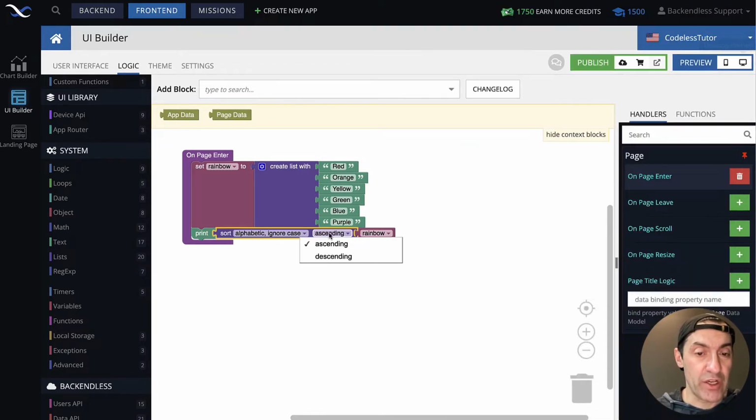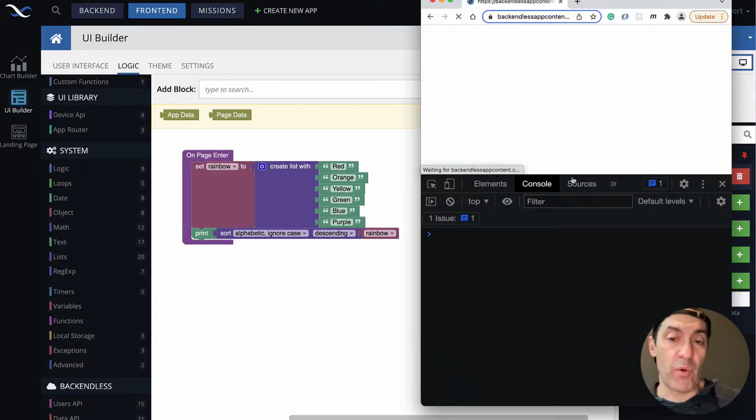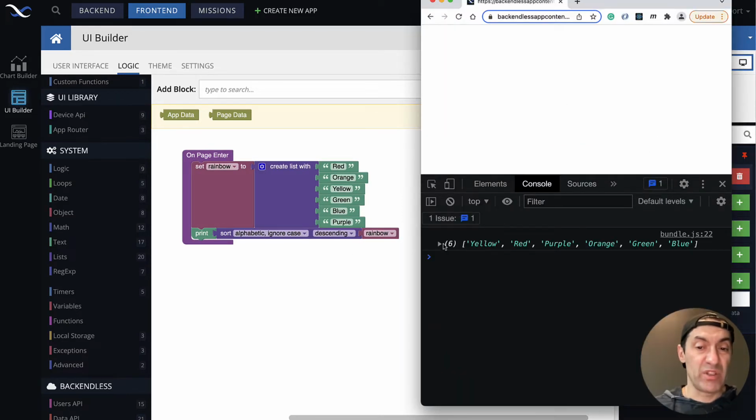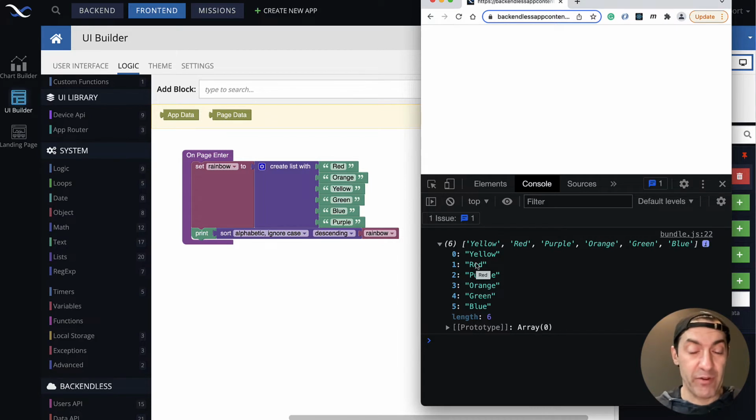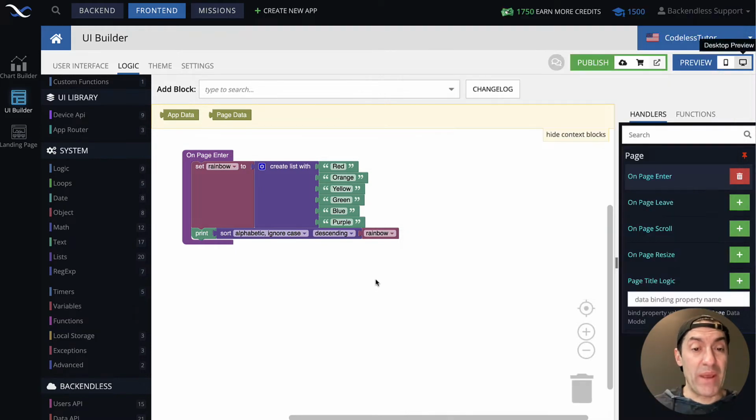If we change it to descending order and rerun our page, you will see that the values are now ordered in descending order, where it starts with the one closer to the end of the alphabet and goes to blue, where B is almost at the beginning of the alphabet. And that's just the basic sorting.